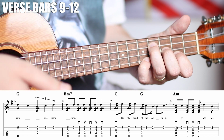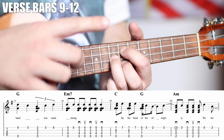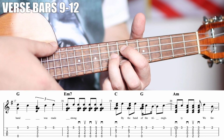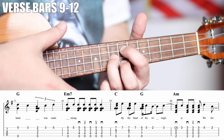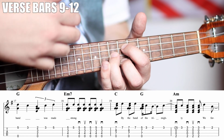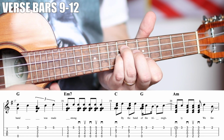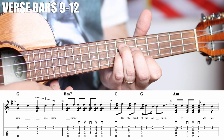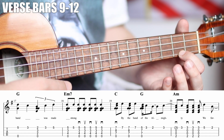A lot of just basic strumming there, and then we go to a C, but we're getting up high. No melody there, just a strum. 1, up on the and with your index finger. 2nd beat with your thumb, because we do have some melody there. So we go 1 and 2 and 3 and, this familiar G shape, down to 3, 2, and then 3, but